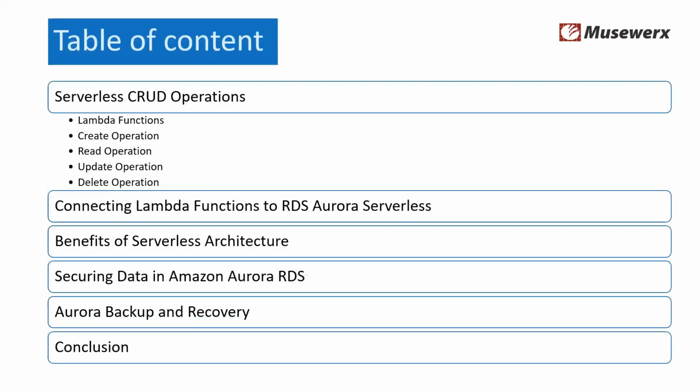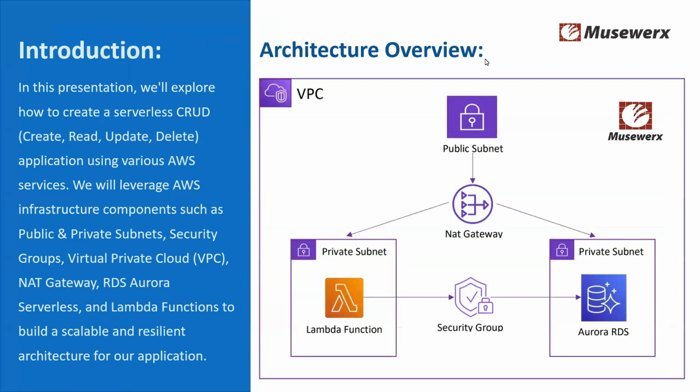Okay, so from a serverless CRUD perspective, we will discuss the Lambda functions available, that is the CRUD, then connecting the Lambda functions to an Aurora serverless database, benefits of a serverless architecture, securing data in a serverless environment within AWS, backup and recovery, and conclusion. So we have limited time. I will go on a little